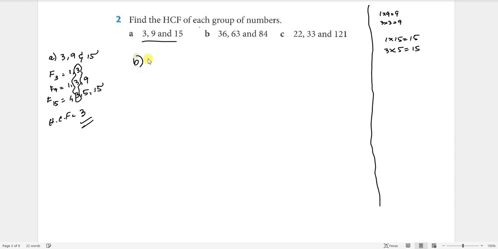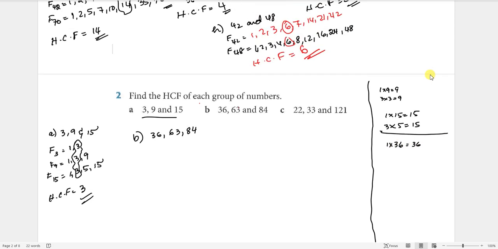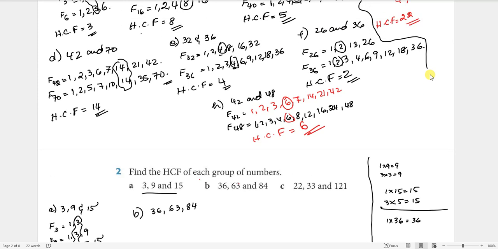Question B. 36, 63, and 84. 1 times 36 is equal to 36. I think we have done 36 in the previous question. Yes. So we have factors of 36 equal to 1, 2, 3, 4, 6, 9,